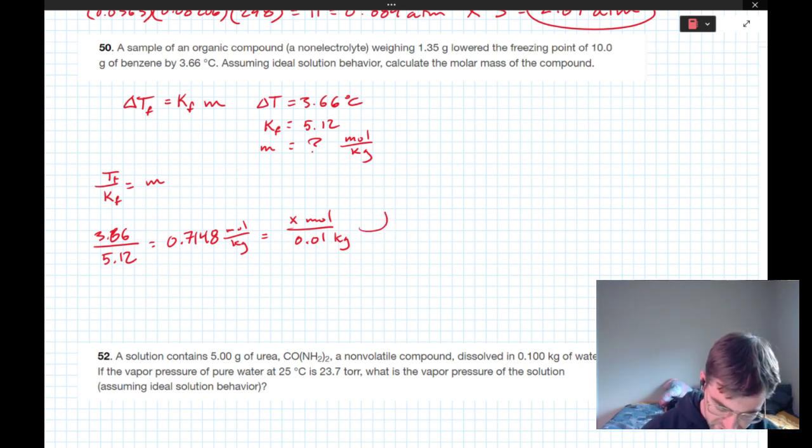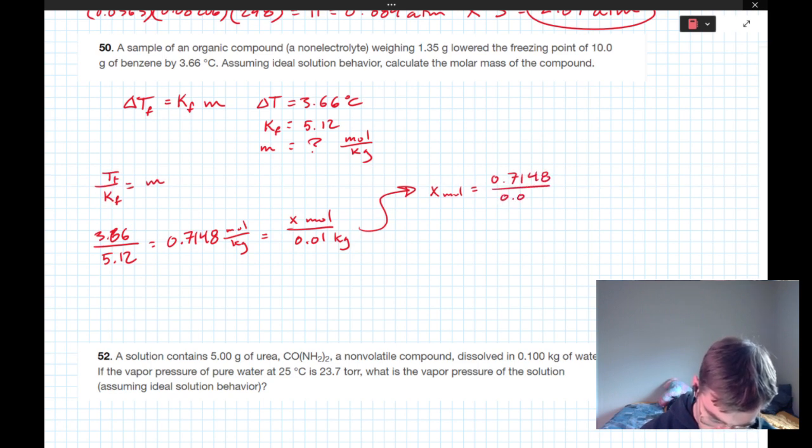So we can rearrange this formula. So I'll do it this way. We have X number of moles equals 0.7148 divided by 0.01. Moles, kilograms cancel out. And we should get,